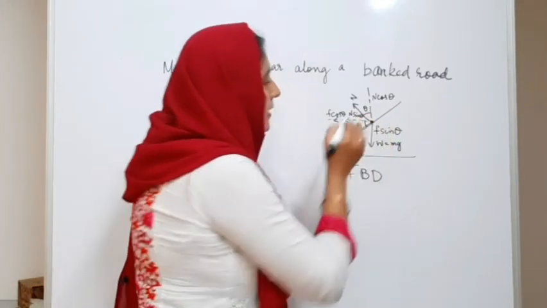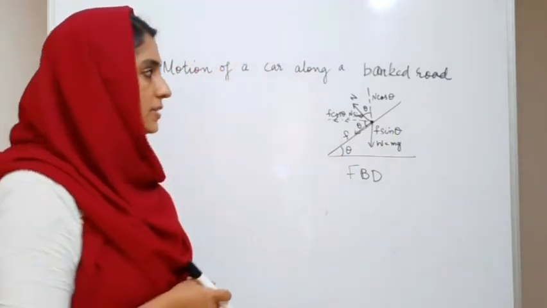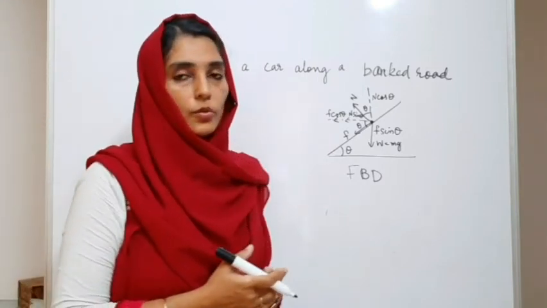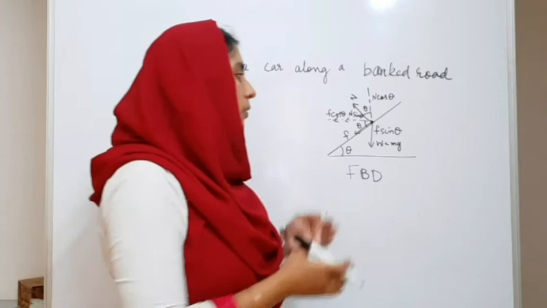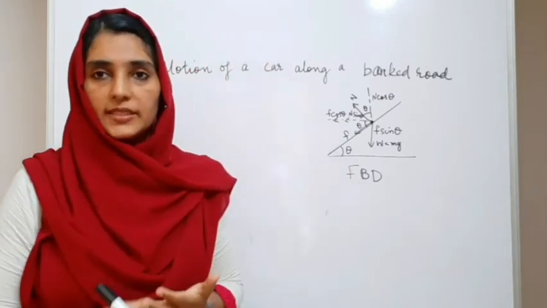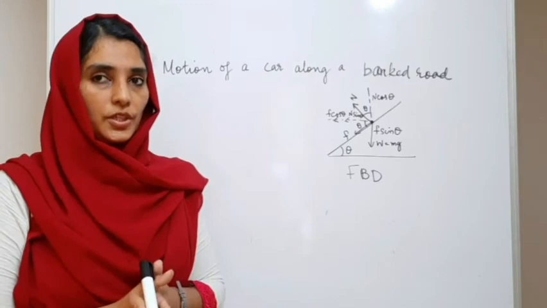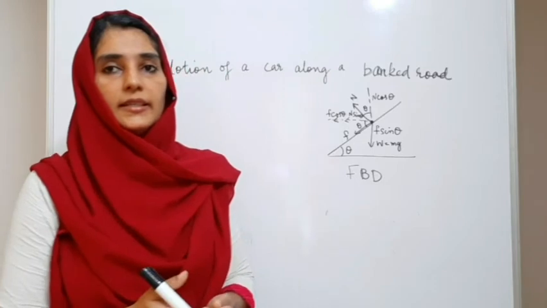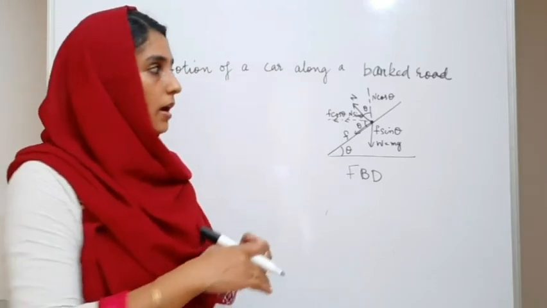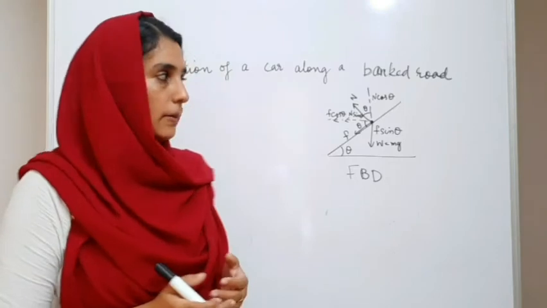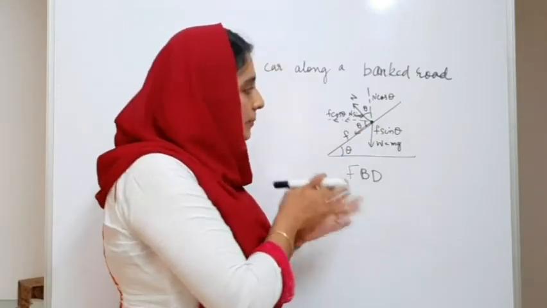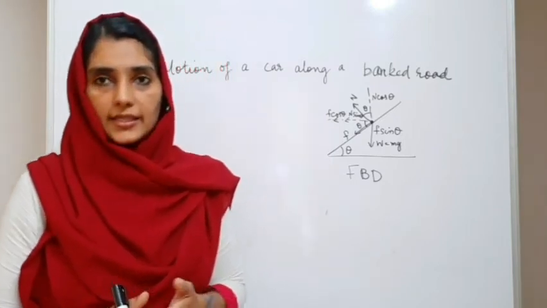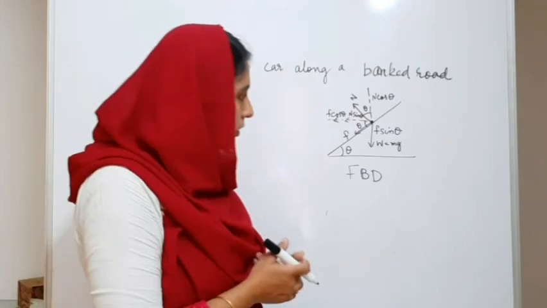So this is the car, and let us see the different forces acting on it. Our concern is to raise the maximum safe speed with which the car can move along a banked road. Now in the previous case, on a level road, it was only the frictional force which was providing the necessary centripetal force for the car to be moving without skidding along a circular path. Now let us see if there is something else to support the frictional force along the horizontal direction, because we know the acceleration and the force are along the horizontal direction.